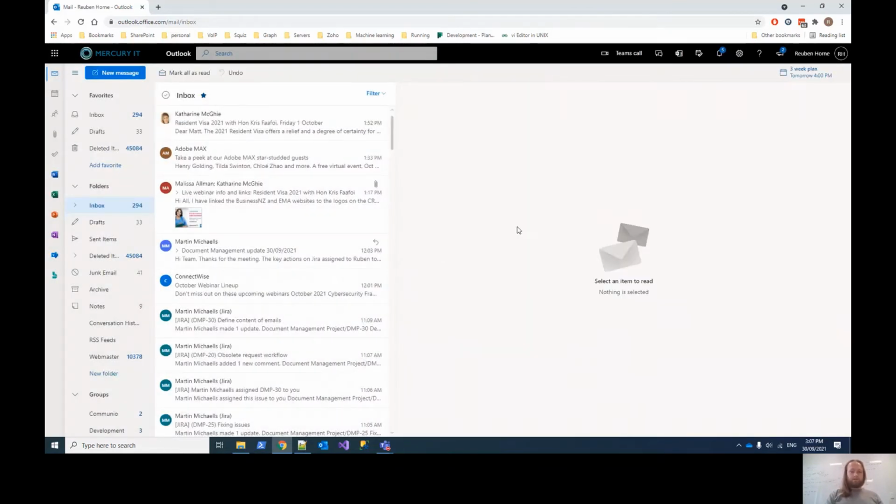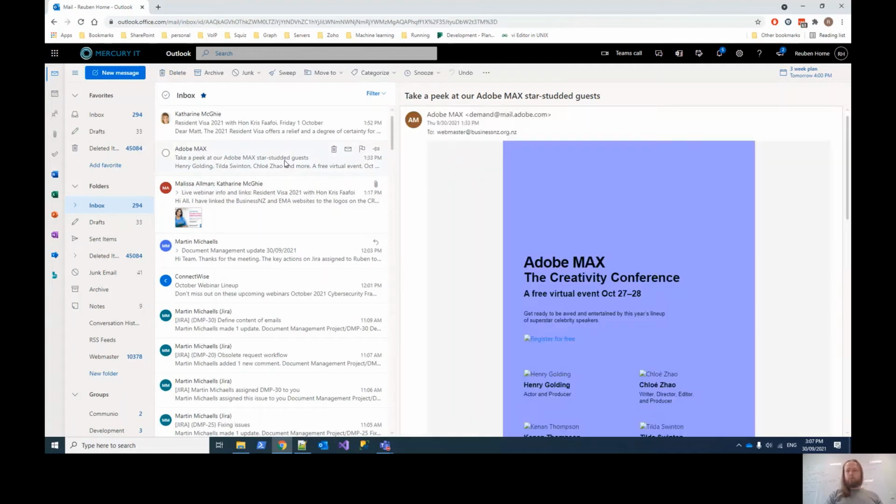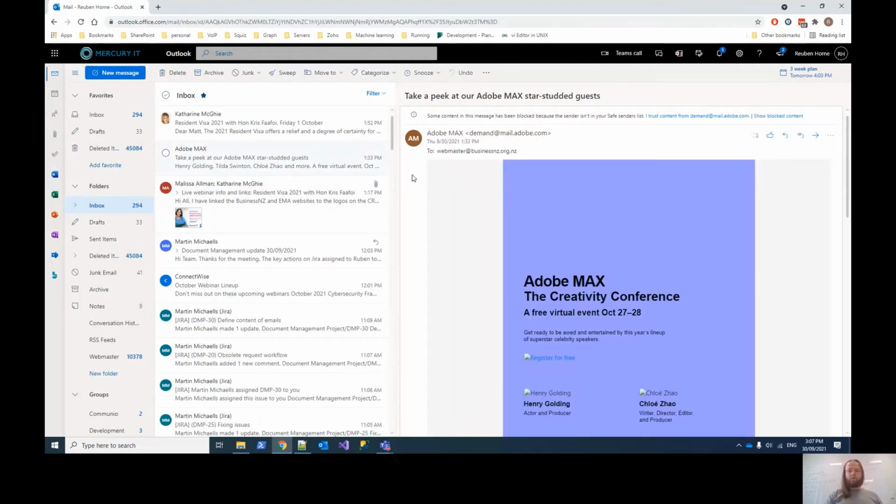Discard. Next thing we may want to do is replying to an email or forwarding an email. So essentially, you can do this by navigating to the right hand side of the screen. You'll see a reply button, reply to all, and forward. If you select any of those, it will bring up a new email in a similar fashion to what we just saw with new message. So if we just start by hitting reply,